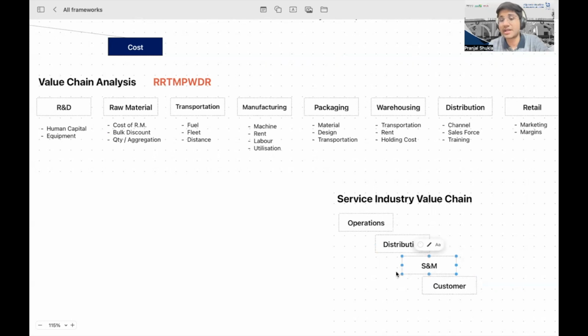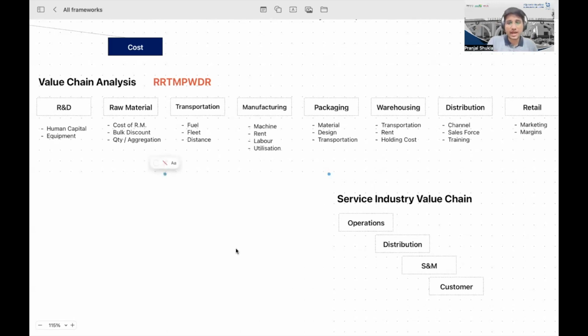effort. So sales and marketing refers to when we have an MD of an investment bank going to different clients, there is a cost associated with that sales and marketing effort as well. So banking, investment banking again becomes a sales and marketing role after a certain point. So that is what you might want to take into consideration. Or if, say, TCS is approaching IIM Indore for a TCS IN for the CAT exam, so sales and marketing effort is also in that sense. Customer experience and customer service, again, finally, if there are some issues with the software or the service that is being provided, what kind of customer engagement is done there. This is a very broad service industry value chain which might not fit in every industry. You will have to use your brain, you will have to ask the interviewer, but this is how it looks